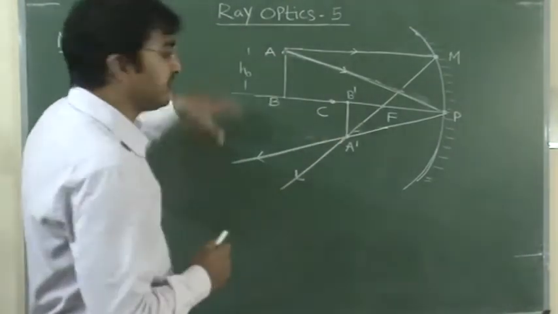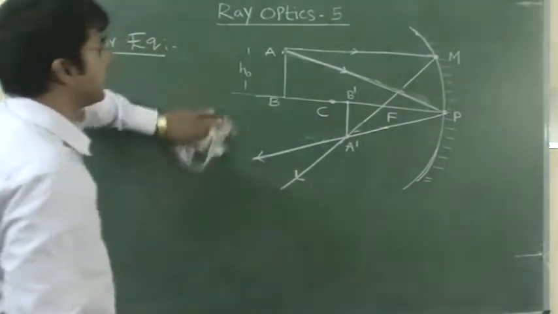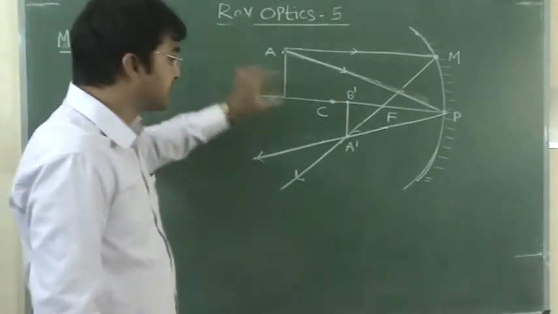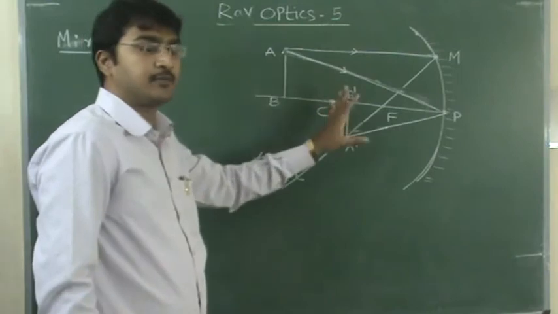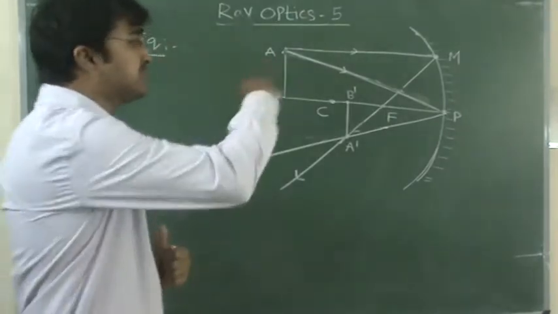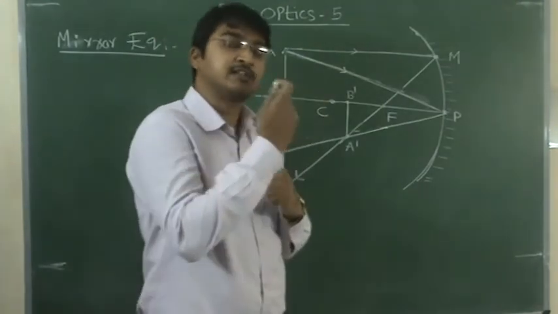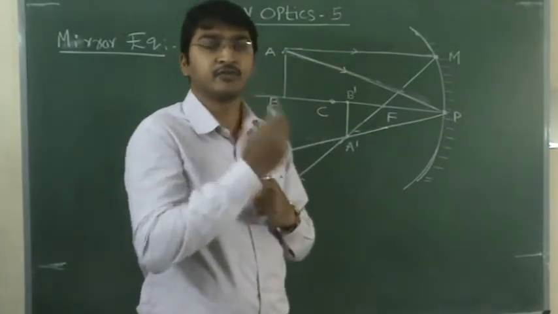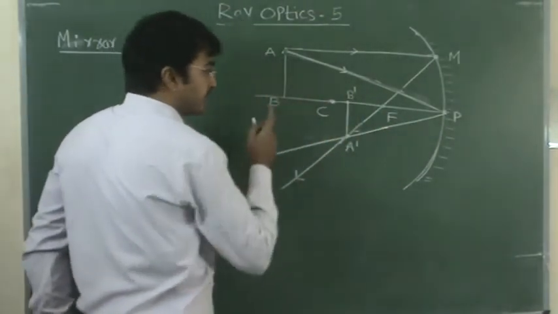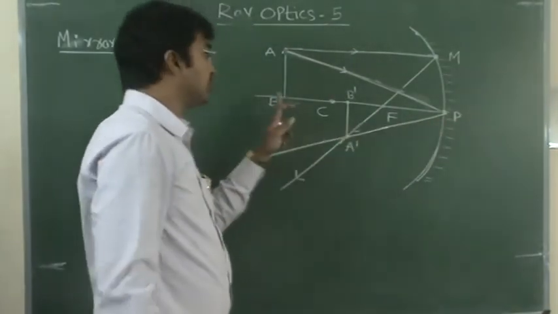Now the derivation of the mirror equation. Assume that h0 is the height of the object and hi is the height of the image. We will discuss that later. So this is our diagram. From this diagram, we know that the distance of the image and the distance of the object are represented with some symbols. Here, what is the distance of the object? From P to B, from the pole to the position of the object.